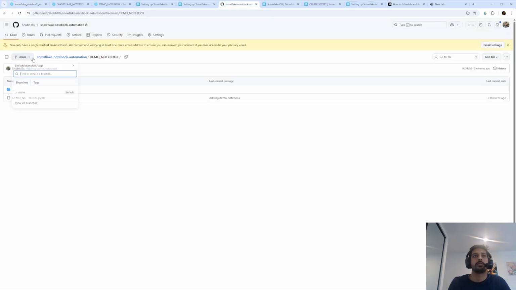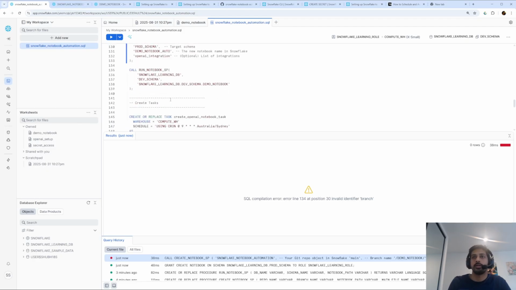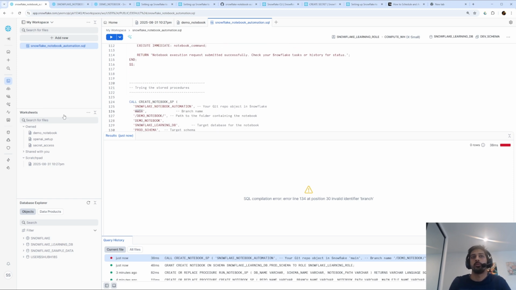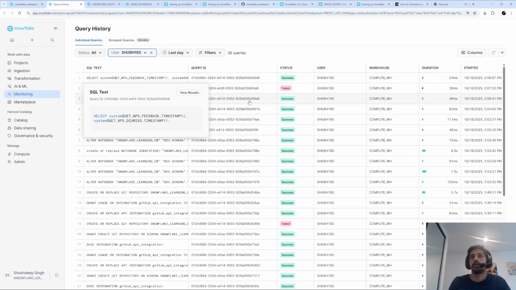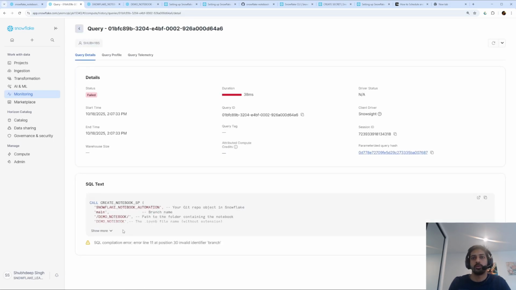Let's see what we named our branch. It's main. The good thing about this is that you can actually do a lot more with Snowflake by just debugging it. So I'll quickly go to my query history over here. And if I see my command that failed here on the create notebook SP on the stored procedure,